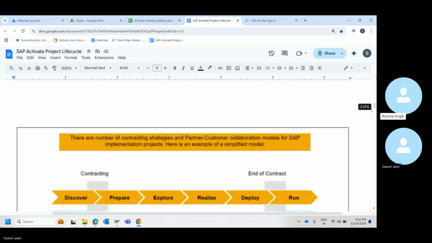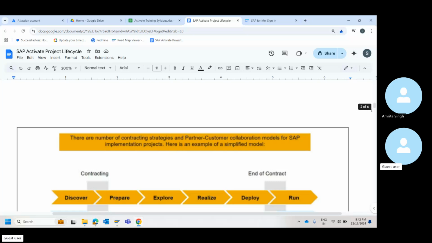And then realize is after having everything, after checking with the best practice. Before you step into realize, in explore, what is the firm output that you will get? Two important things. We spoke about two or three things, let's say. I forgot. Okay, so whenever you talk about realize, three important things.